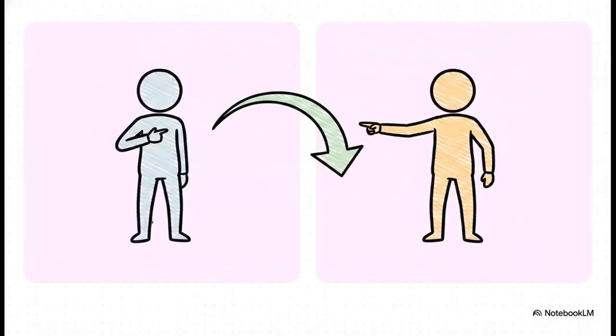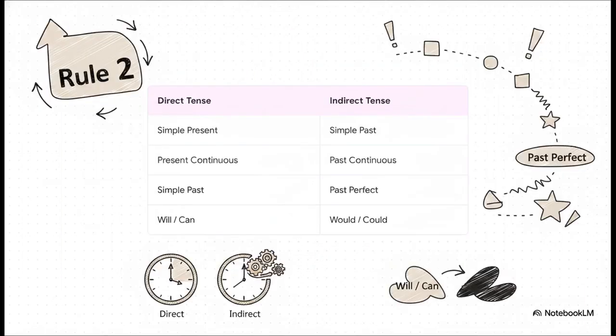So no more commas before the quote, and definitely no quotation marks. Looking closely at Rule 1, you can see how the first person I must switch to the third person she. Why? Well, because you are the one reporting the quote. You have to match the perspective of the person reporting the speech. Makes sense, right? Okay, let's look at Rule 2, backshifting. Now pay attention, because this is where most marks are lost.